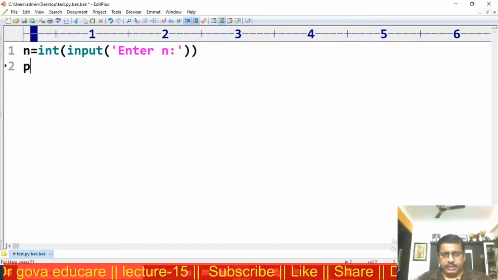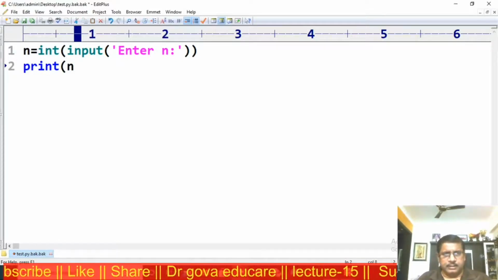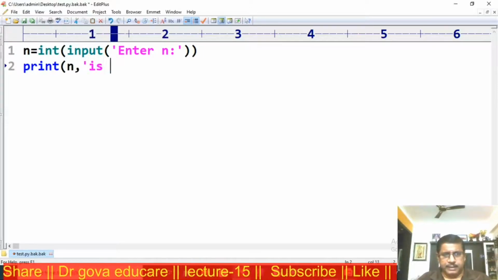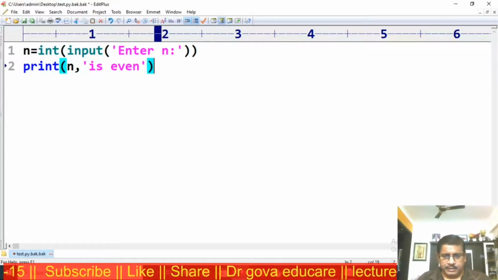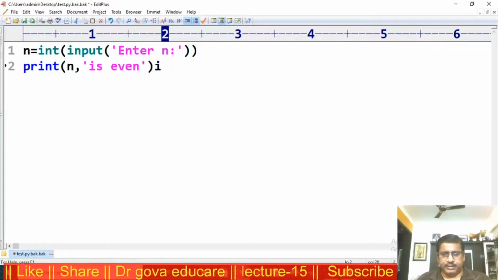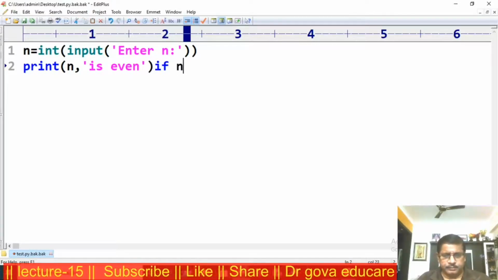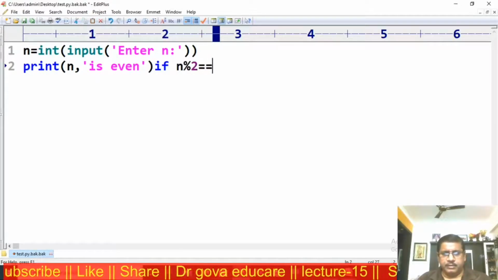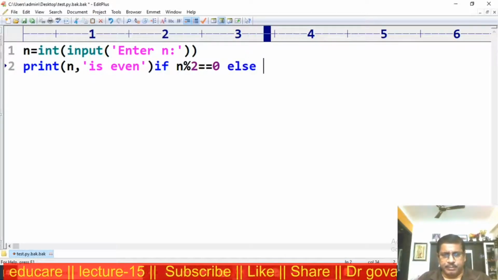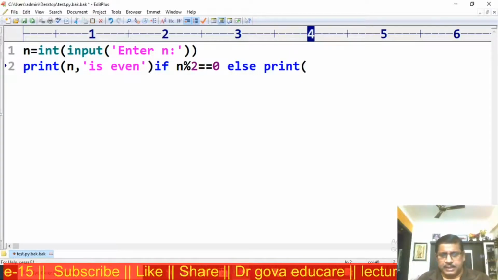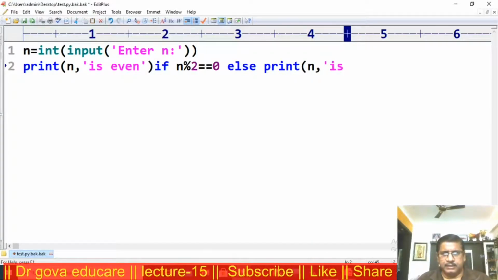Now observe here, print n is even, if n modulo division with 2 equal to 0, else print n is odd.